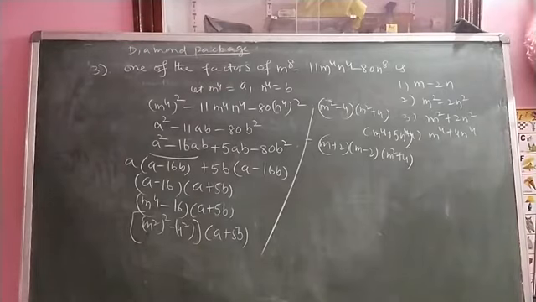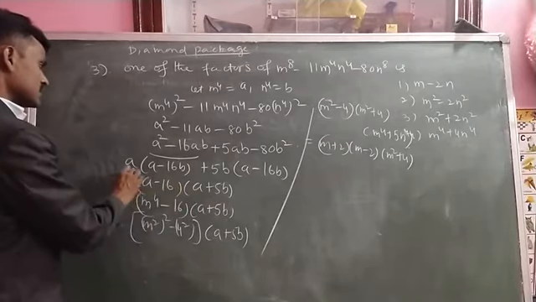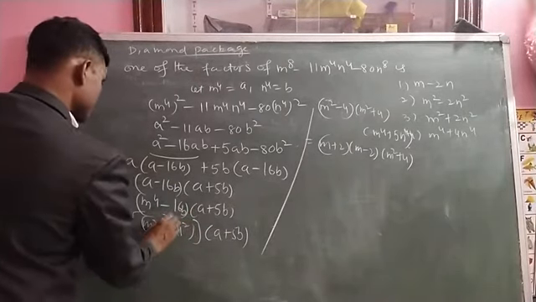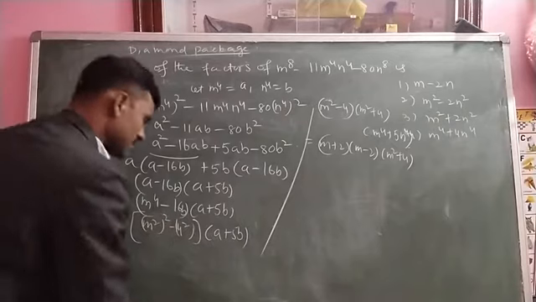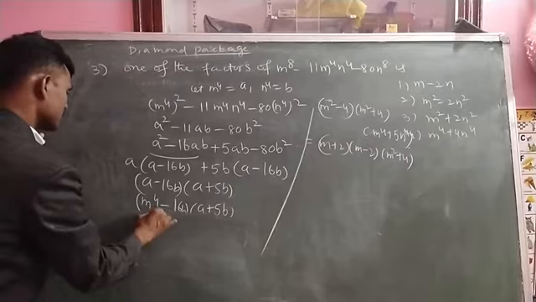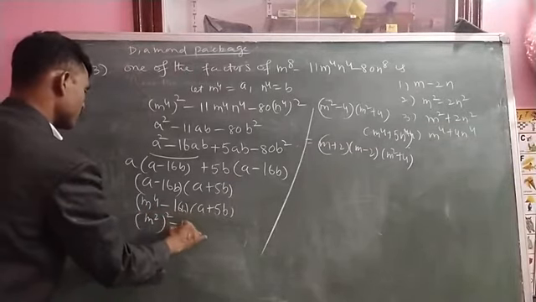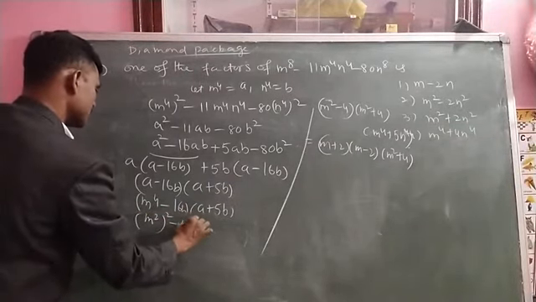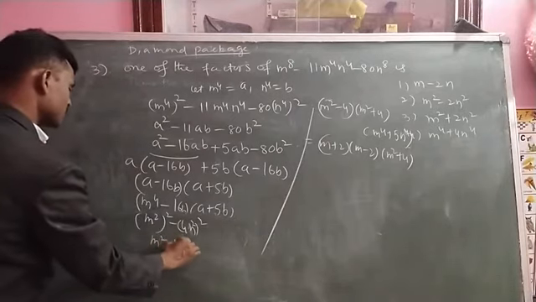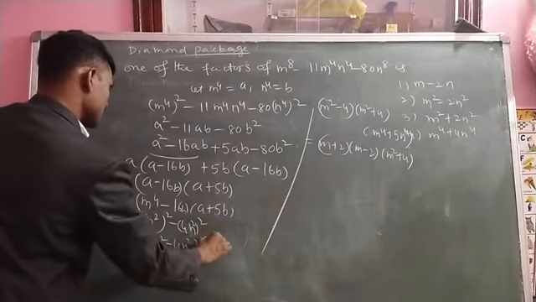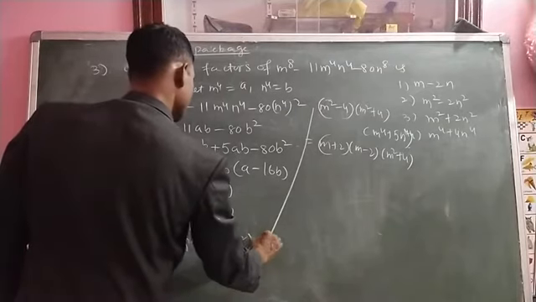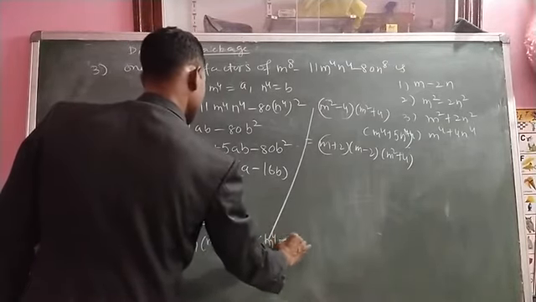just a minute. Here I left here a b, here also b. B means here n square. 4 m power 4 is m square whole square, here 4b means 4n square whole square. Then here m square minus 4n square into m square plus 4n square, and this is a means here m power 4 plus 5 n power 4.